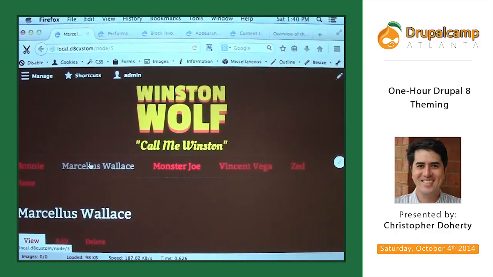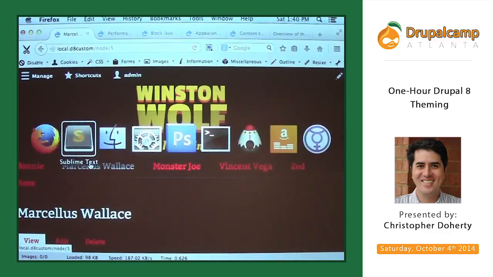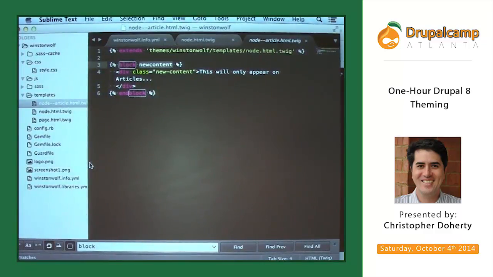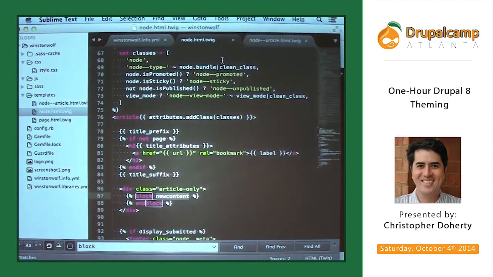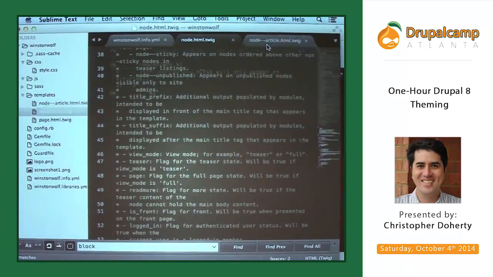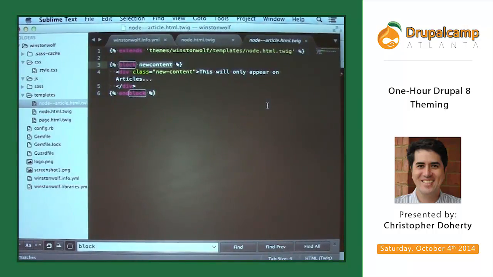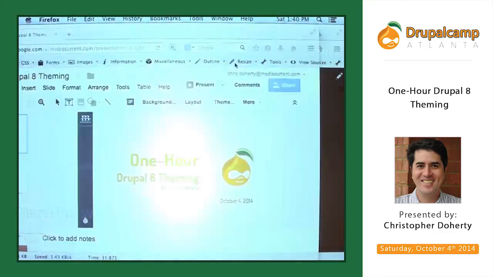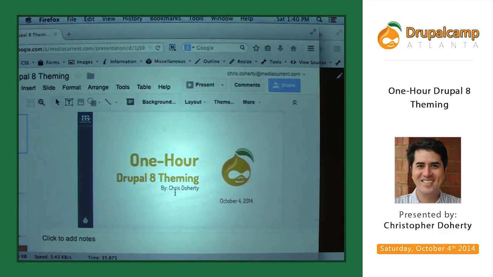I think it's something that I want to play around with more and try to figure out the limits of it, because like I said, it's nice that in this node article I'm not rewriting all the PHP code that is in the parent template file. It's very lean. It's much nicer. It's easier to debug if you have an issue.